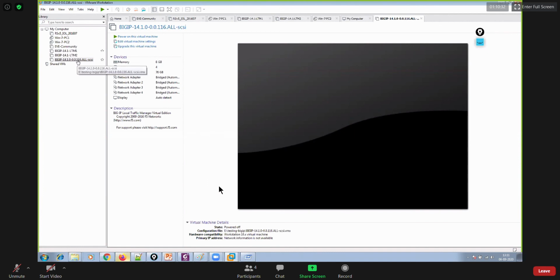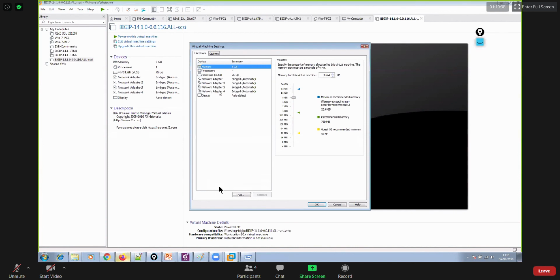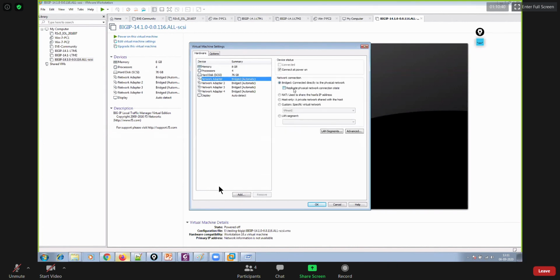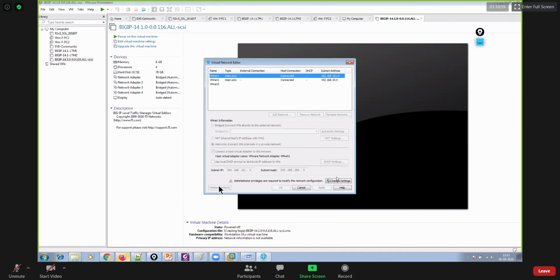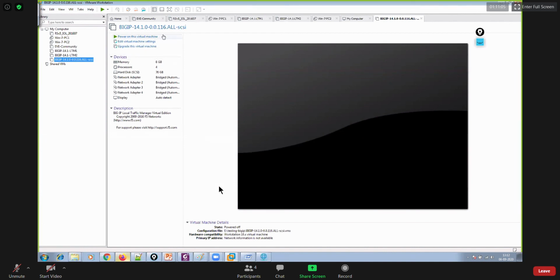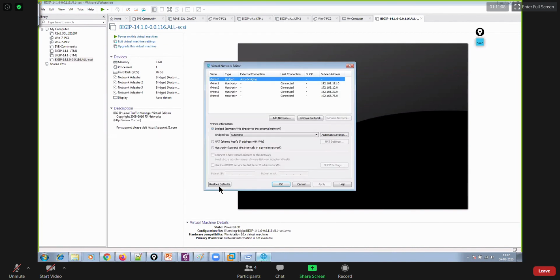So, settings, right? And thereafter, edit, VMNet 1.